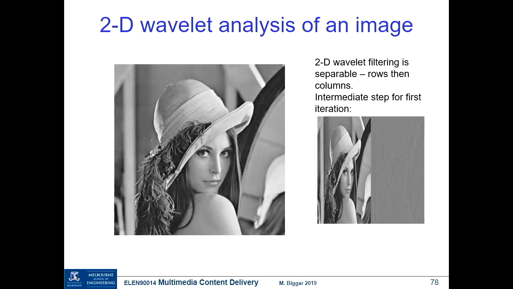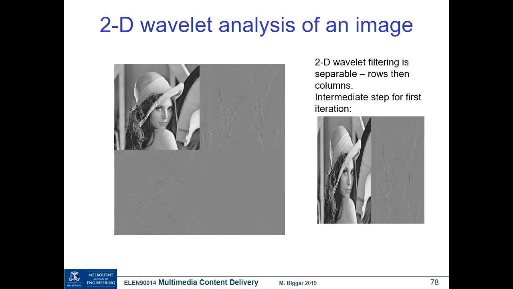the first step in performing a two-dimensional wavelet filtering is to filter along the rows or along the columns. In this case, in the first iteration, we perform the filtering across the rows. So this is obviously distorted because we've only done the rows and not the columns, but this is the low-pass filtered version, and this is the high-pass filtered version in just the direction of the rows. Okay. And then we do the columns, and we end up with